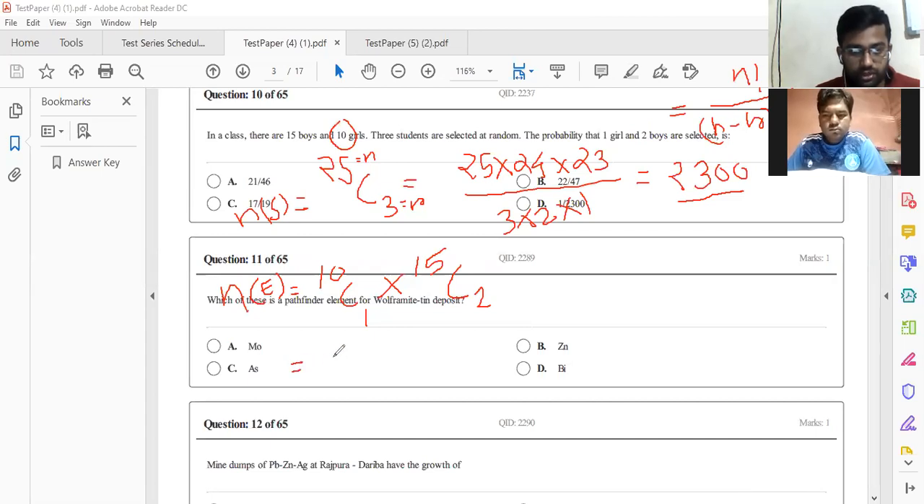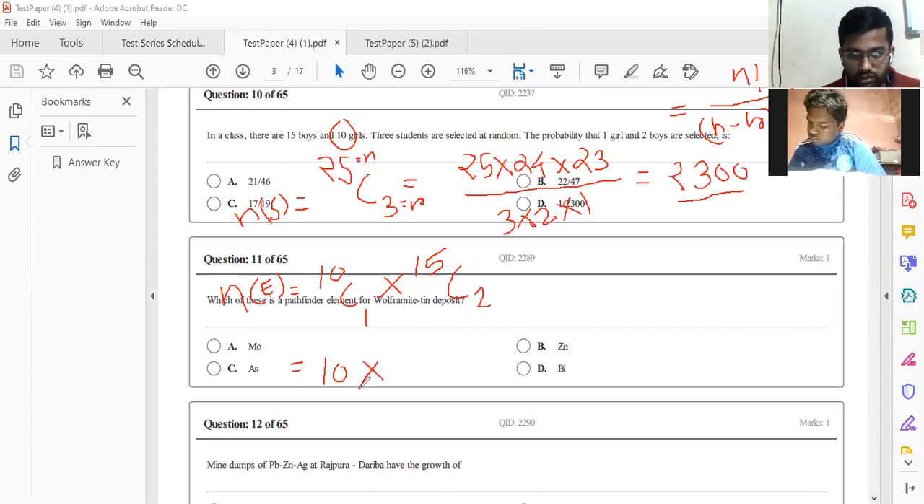10C1 means you will get 10C1. Okay. Value of 10C1 is 10. जब भी नीचे r की वैल्यू 1 रहे तो समझ जाओ जो n है वही आंसर आएगा. So 10C1 you can apply formula and calculate. Okay, you will get answer 10